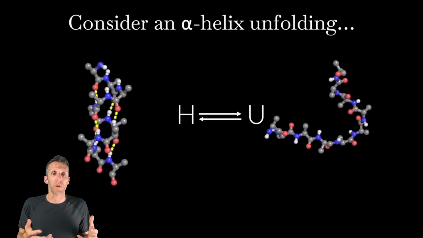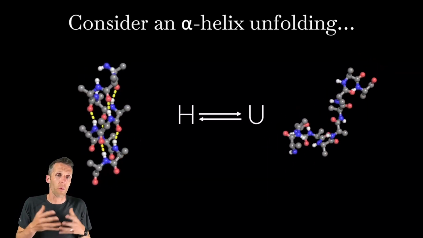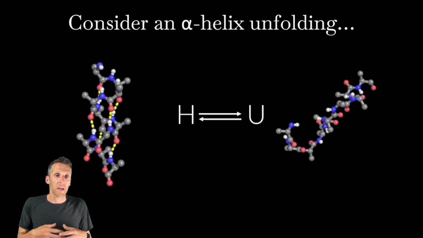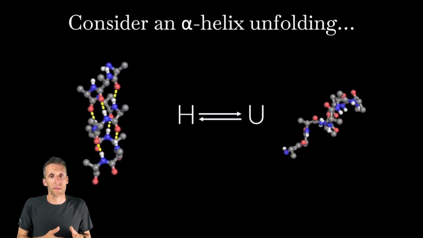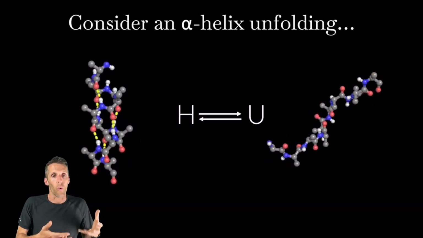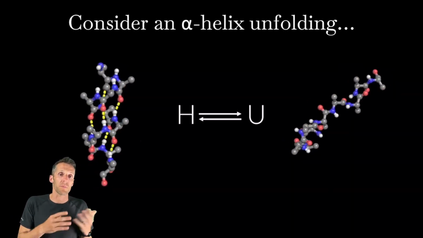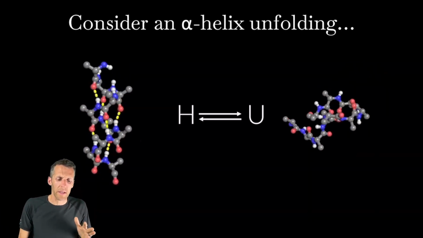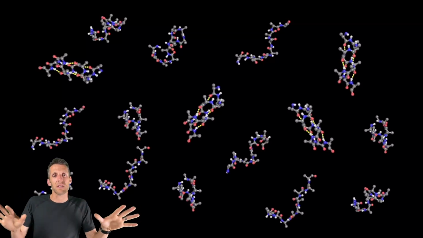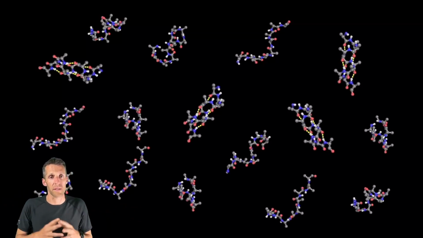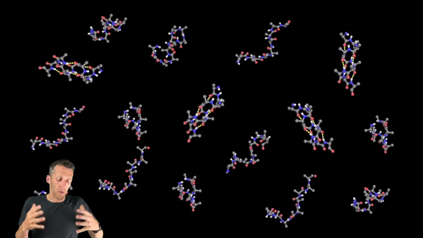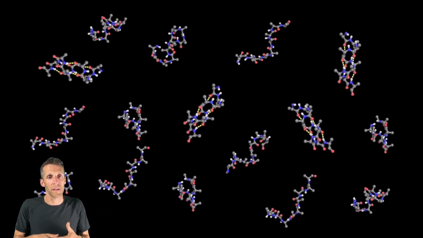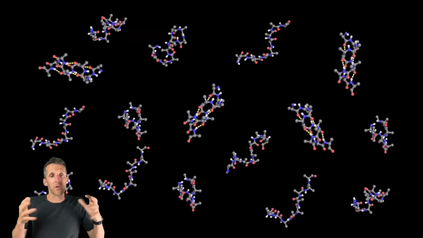So let's come up with a real system to think about. We're going to imagine an alpha helix, which can be in a folded alpha helical form or in some kind of unfolded form. Even if you don't know much about proteins, hopefully you can recognize that the thing on the left is sort of more ordered than the thing on the right. So there's some transition between two states here. Now we draw these as reactions, but really that's an abstraction. So what I'd like to actually think about is what could happen if we looked into, say, a test tube that has a bunch of copies of this peptide in it. What we would observe is that there are a bunch of peptides that are in the folded alpha helical form, and then some others that are in the unfolded form. And now I'm showing this frozen in time.